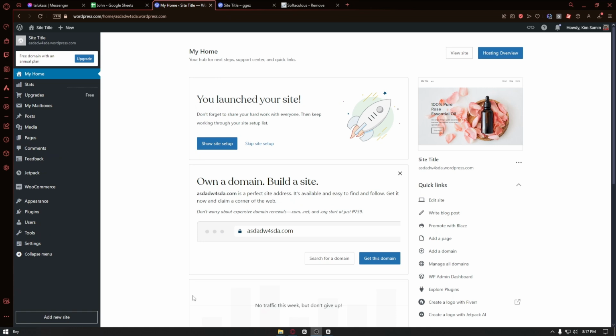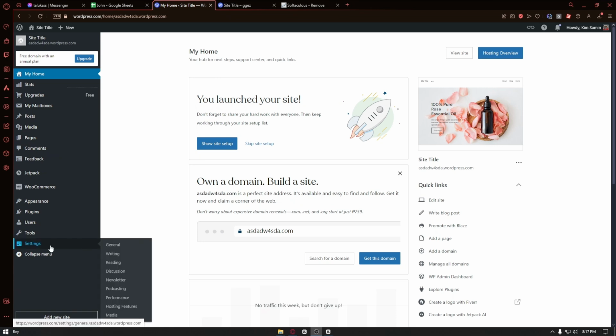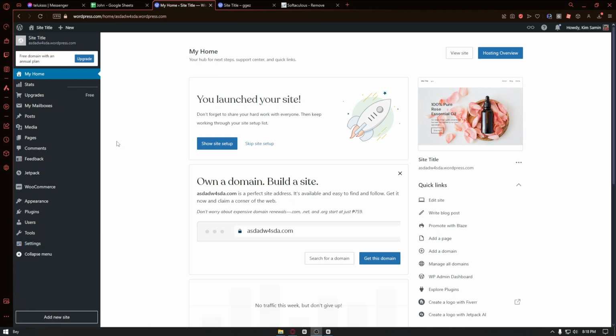Now, first things first, you'll want to open up your WordPress account, and once inside, you can go ahead and click on Settings, and from here you can then see a Permalink option on your settings. In my case, unfortunately, I don't have that setting, but if you want to navigate through your post right here,